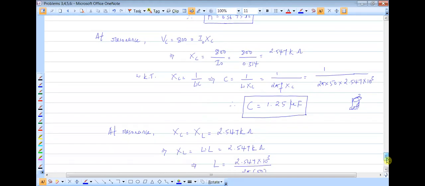If you know the concepts at resonance and at half power frequencies, any problem can be solved. So what you should be doing next is listing out the equations at resonance and equations at half power points. If you are able to list all the possible equations, you can solve any problem. Yes, you need to understand which equations to use in which problem, when we should look at resonance and when at half power points. If you are able to do that, things would be simple for you.